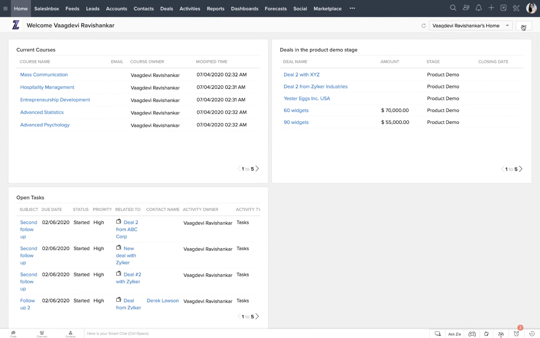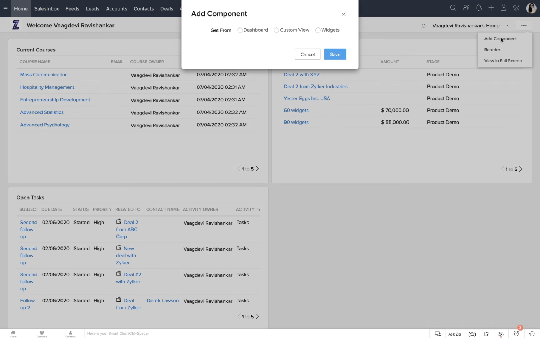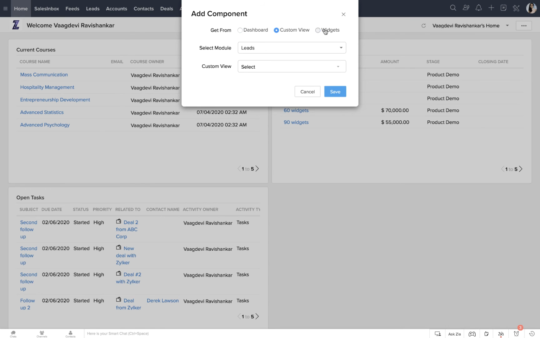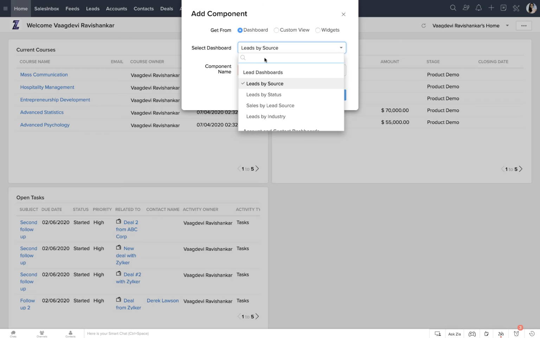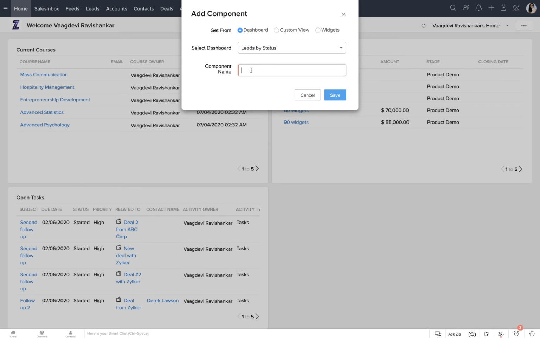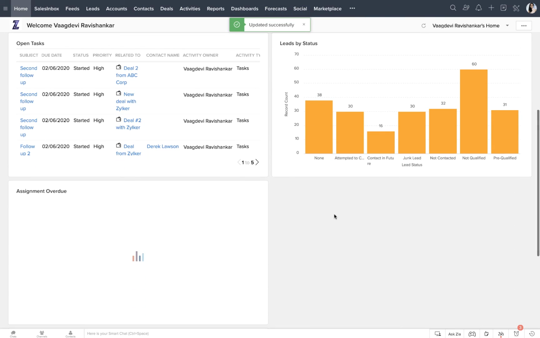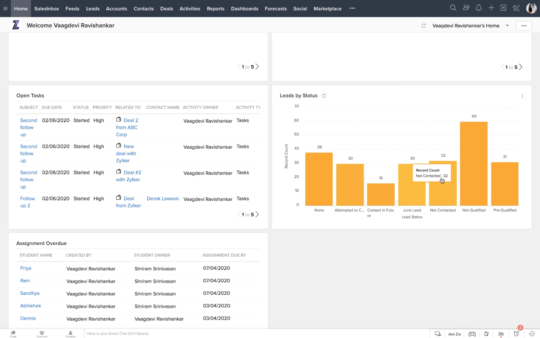So like this, I can add up to 10 components, and these components could be either from dashboard, custom view, or widgets. For instance, dashboards are nothing but pictorial representation of your reports. So for example, I can say leads by status. Now you see that these are the different leads in different stages.